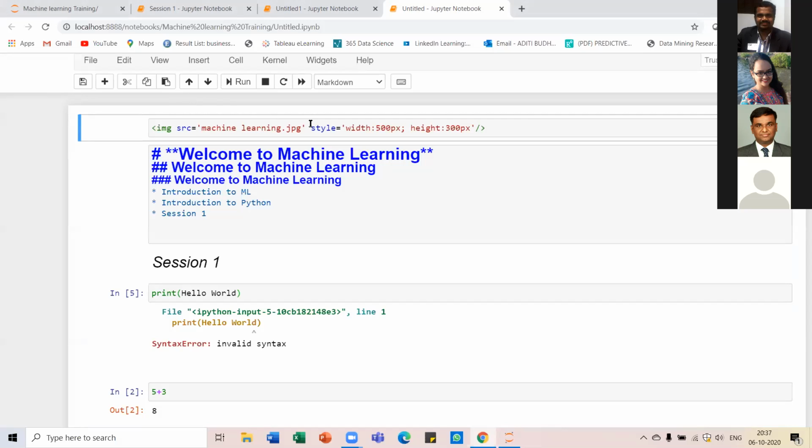Just upload the picture to your folder first and then add the name over here. Use the same syntax. It's asking for double quotes. When we type, we don't get it.